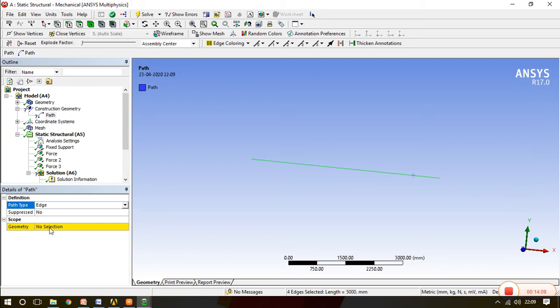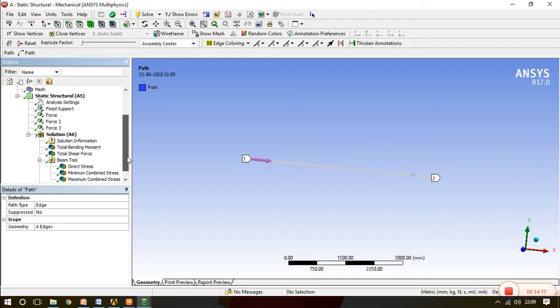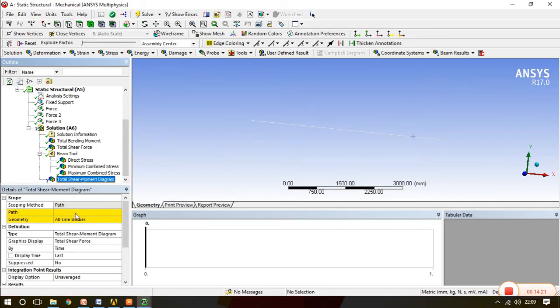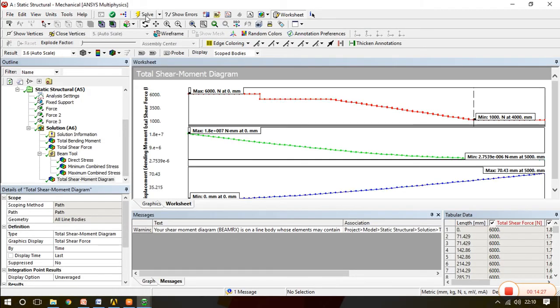In this way we are selecting the 4 edges. These 4 edges are selected. Now the path is created for us. Now go to the total shear moment diagram. Give the path and ask for the solution, and once you get the solution, see,